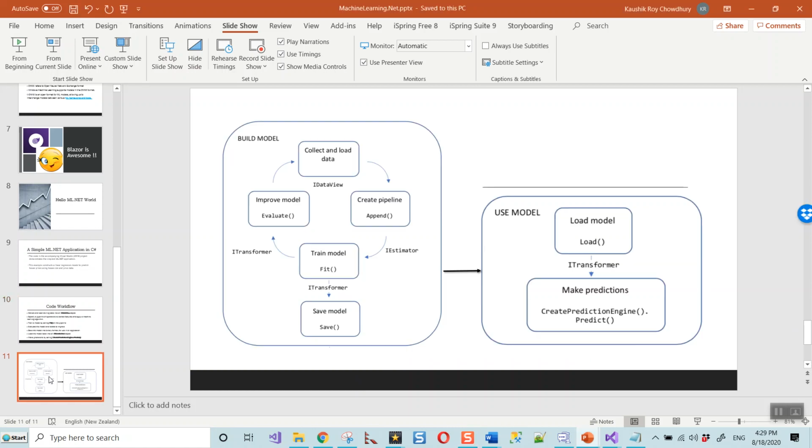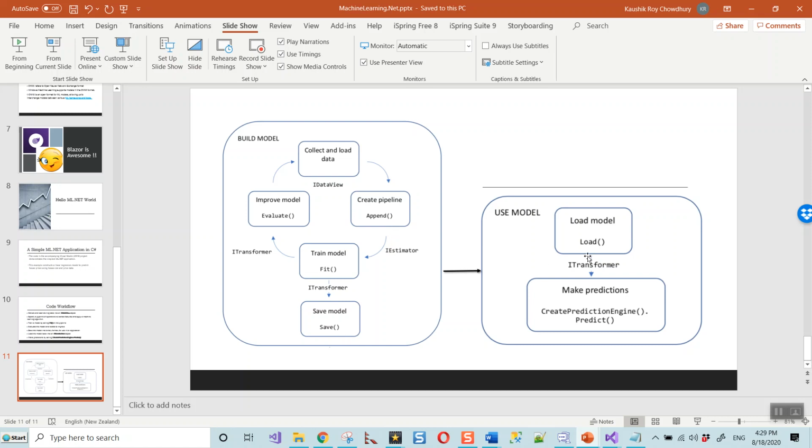Now, this is actually the figure, so that will help you to visualize the thing. In this step, we have collected and loaded the data, and then created the pipeline, and then trained the model with the fit method, and then improved the model. This was 100 iterations we have done before it was actually saved as an ITransformer object, the saved model.